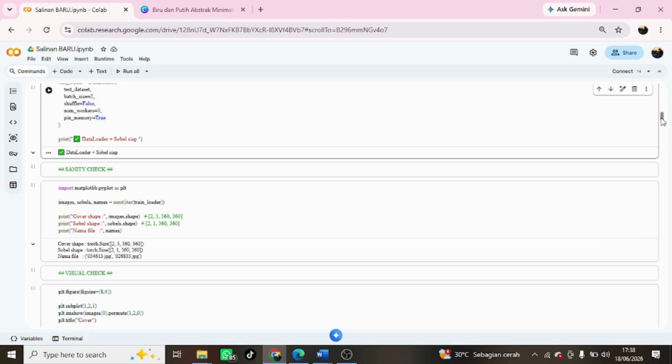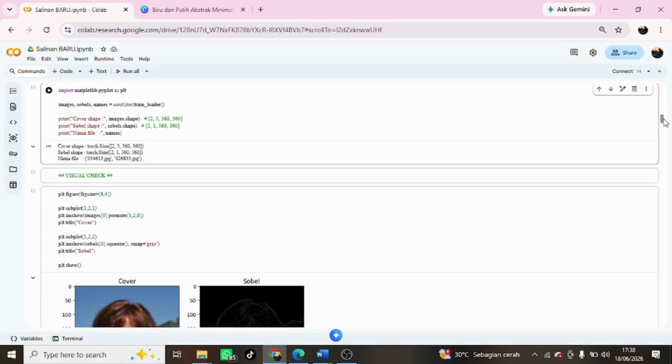Sanity check. After the data loader was successfully created, a sanity check was performed to ensure that the generated data meet the model requirements. At this stage, a single batch of data was retrieved from train_data_loader. This process yielded the cover image, the Sobel processed edge image, and the image file name.